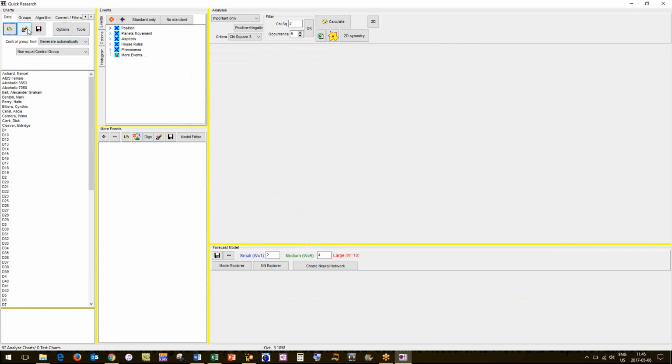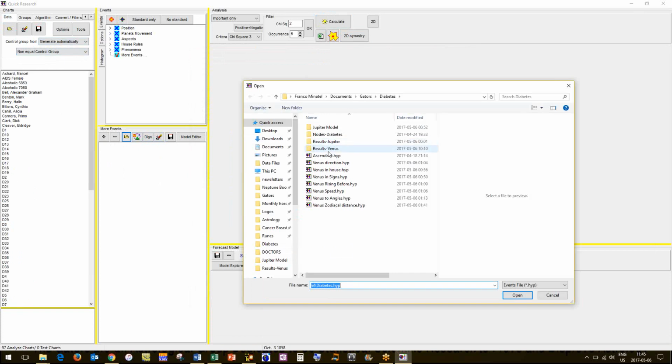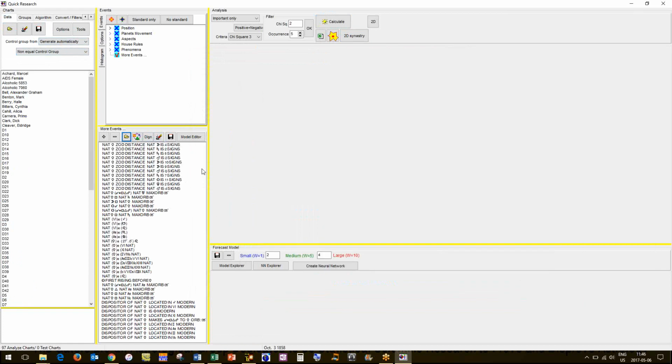So you go through all your analysis and generate and set our control group to 50. Now I'm going to call up the model, and I did Venus model. So this is the results for my Venus model. I did Venus because that's the other one that causes, according to Rex Bill, diabetes.